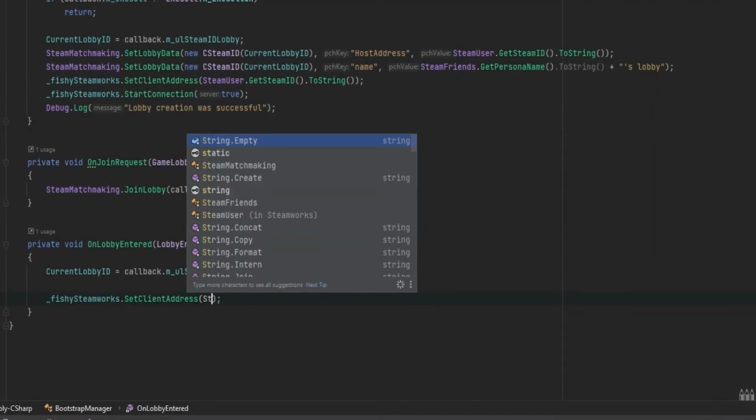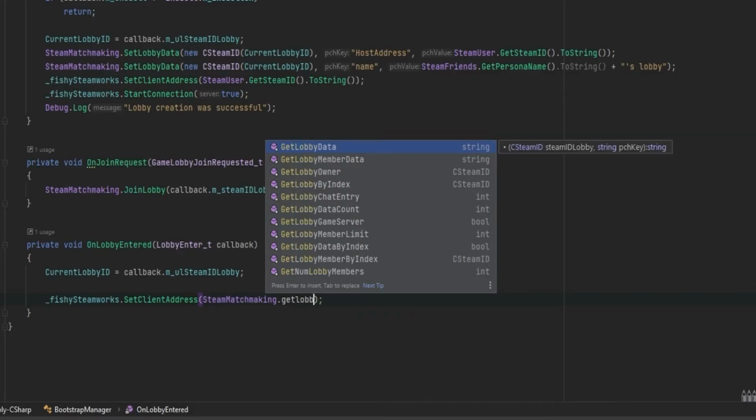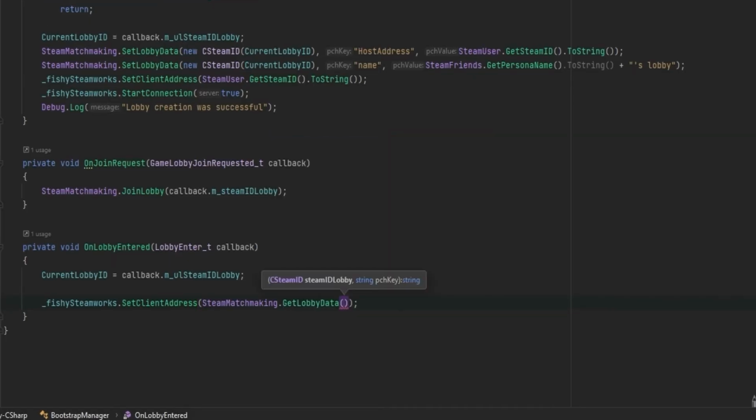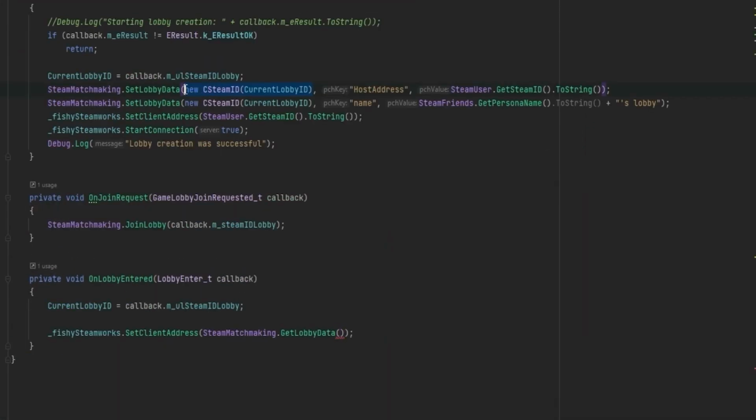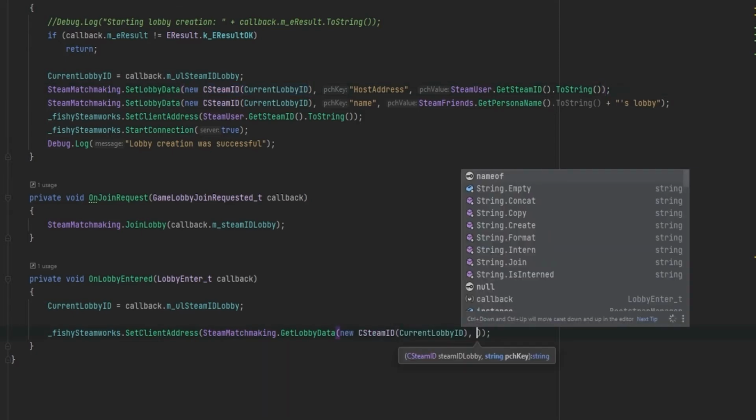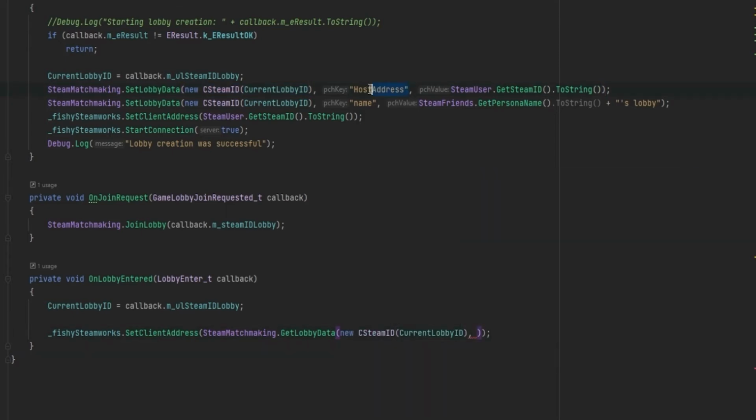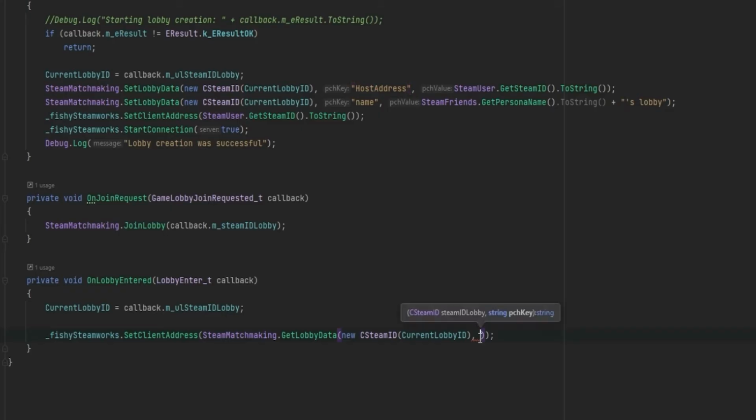host address. So in here we can grab Steam matchmaking dot get lobby data, and you basically have to tell it from which lobby, just like we did up here. So we can just grab this in here and say what data do we want to get. And in our case, it's this host address. The reason why I'm copy pasting is to make sure that everything is spelled correctly as to not have any